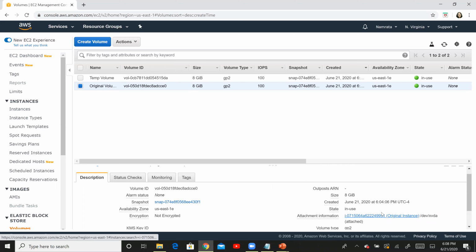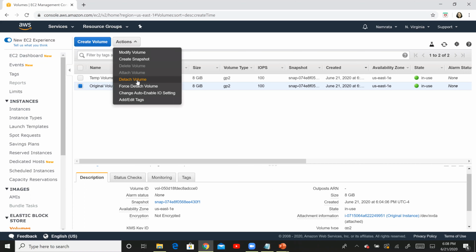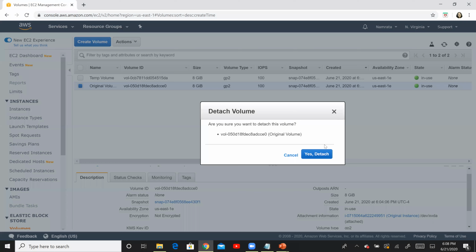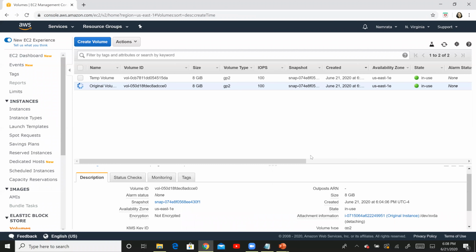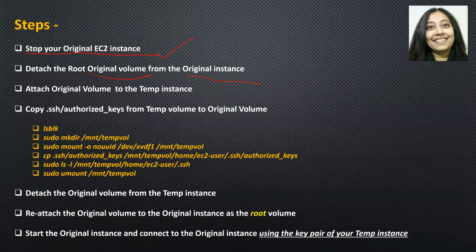So we need to go to actions and detach this volume and say yes. Now the original volume is being detached from the original instance. Click on refresh, and now you see it is not attached to anything. Its state is available. It's not in use anymore. So we have completed this step.